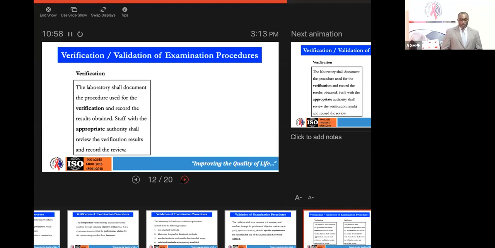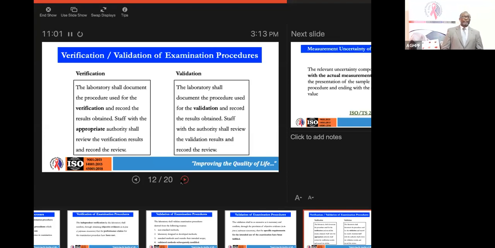But look at what it says when we go over to validation. It says the laboratory shall document the procedure used for the validation, same phrase until you get to the word validation, and record the results obtained. Now this is where it becomes interesting. It says staff with the authority shall review the validation results and record the reviews. So in a very basic look, in verification there is appropriate authority, which means you have had the right training by the manufacturer to become the appropriate authority. Whereas in validation, because this is homegrown, you just need to have the competencies in doing the